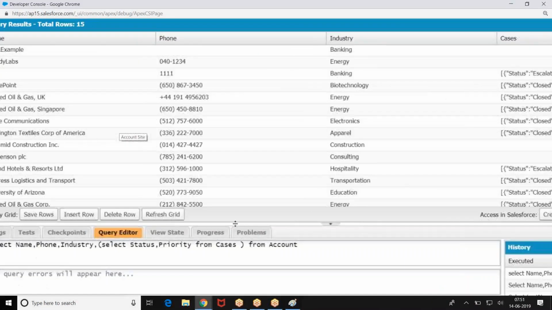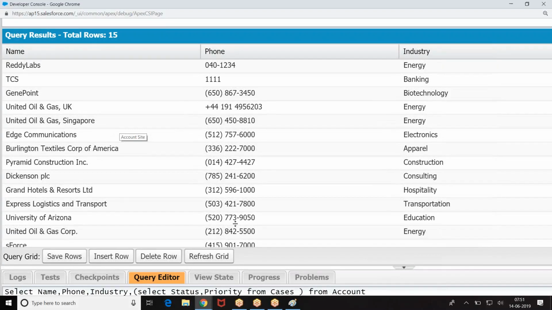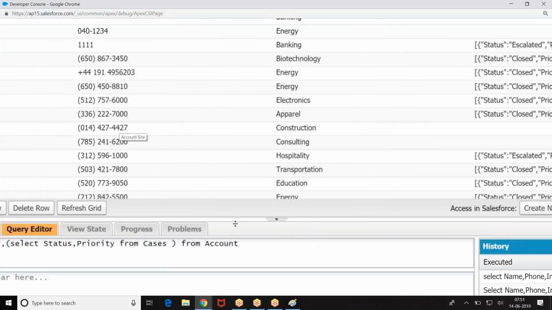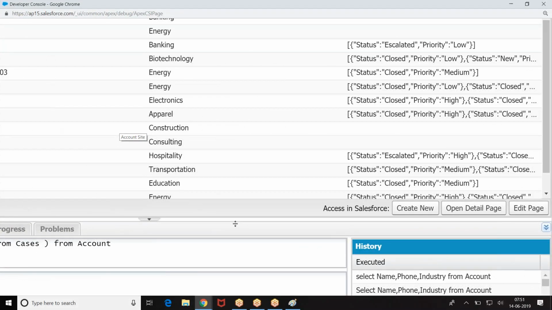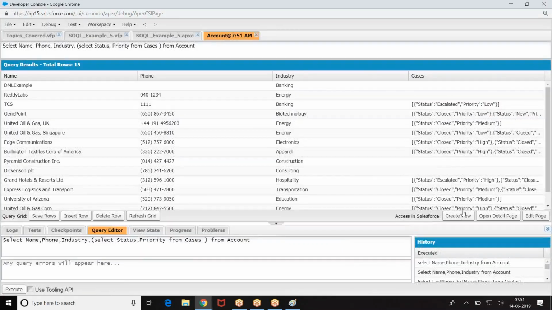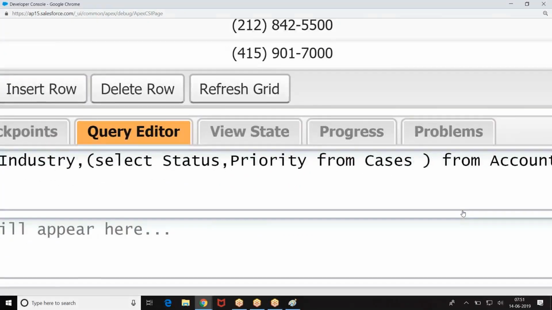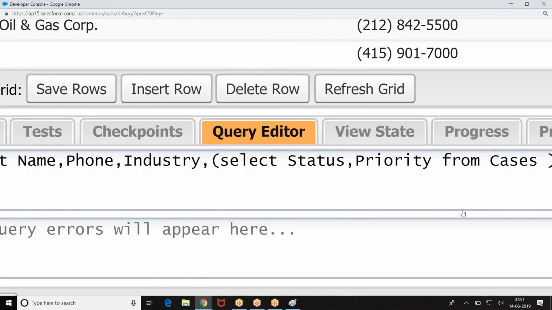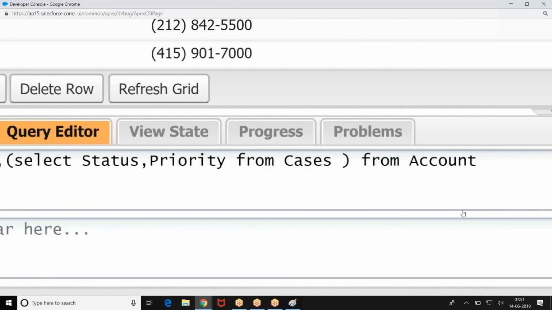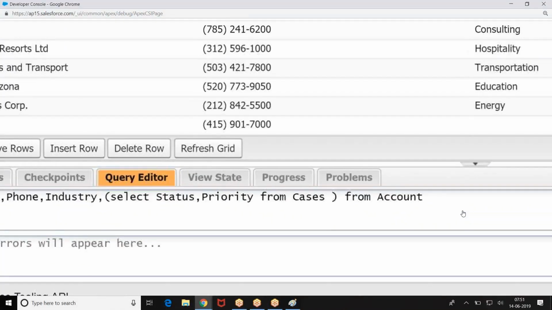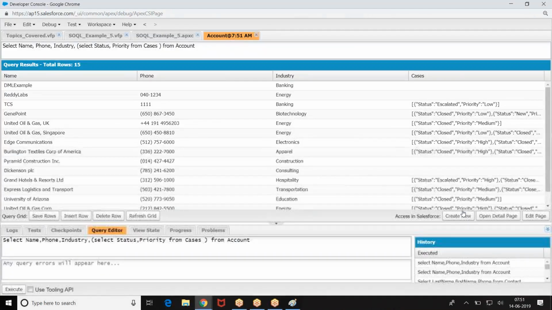This is how we are able to see the name of the account, phone, and the list of cases. So how did you give? Select name, comma, phone, comma, industry, comma, select status, priority from cases. Now you are able to see name, phone, industry, and list of cases.